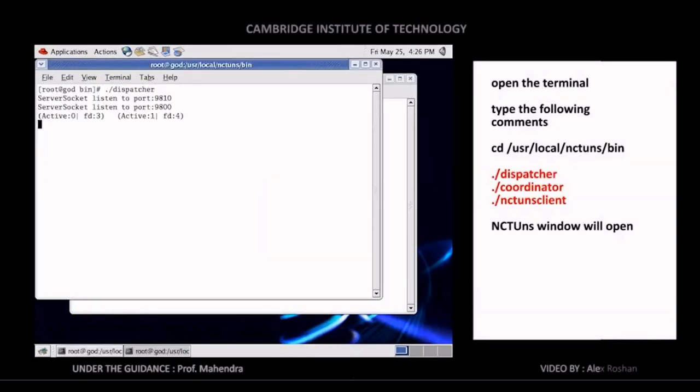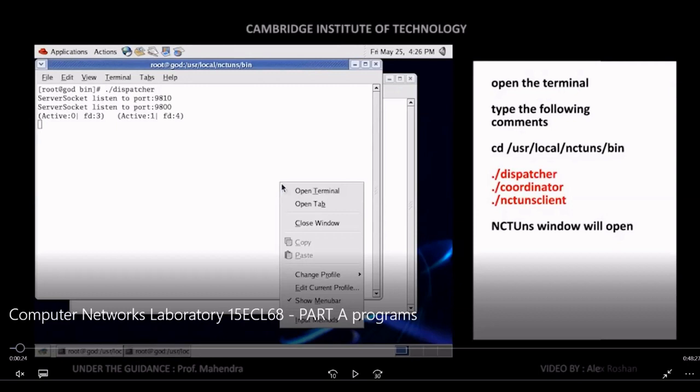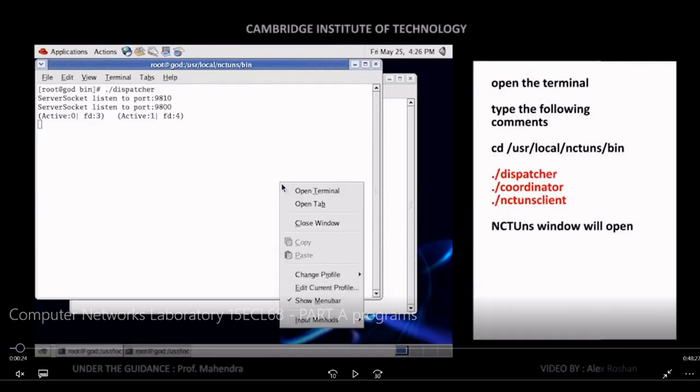If you want to list, first what you want to do is enable the dispatcher, dot slash dispatcher. What does dot slash mean? To execute your executables, you are going to use dot slash. The dot represents the same folder, and you are telling the terminal to open a file called dispatcher.